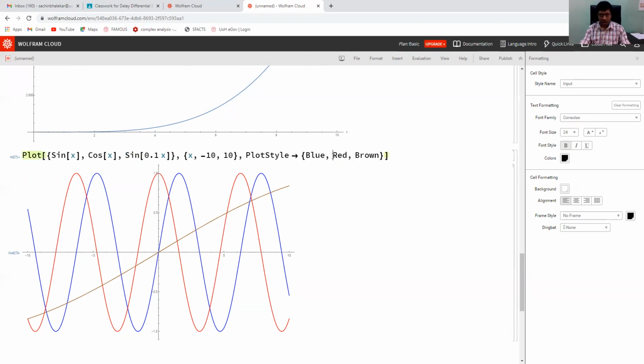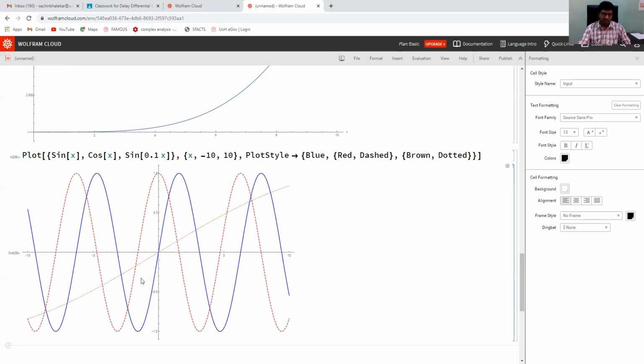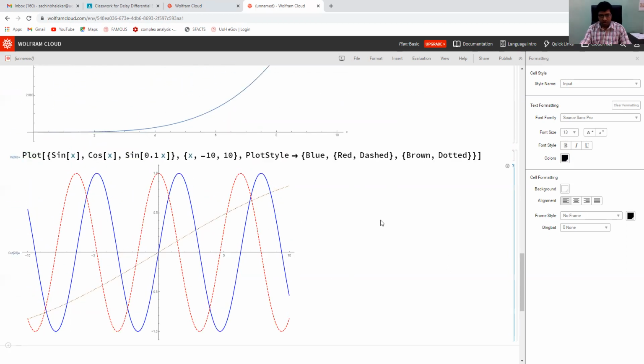Along with red, we will again use a list for the second curve: red comma dashed, and for brown comma dotted, and run. Now you can distinguish even if it is printed in black and white. Okay? Fine.